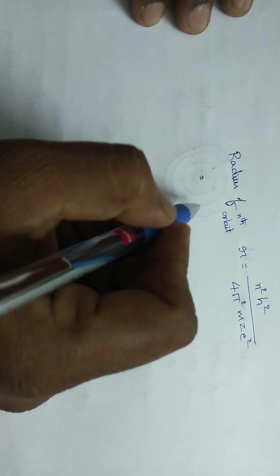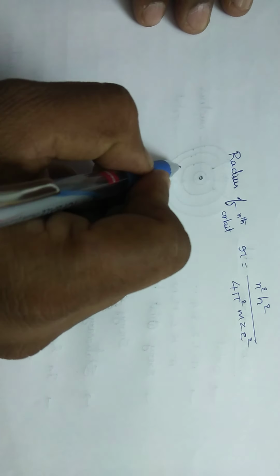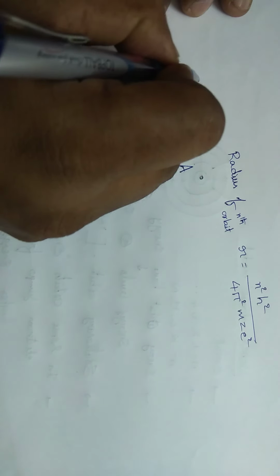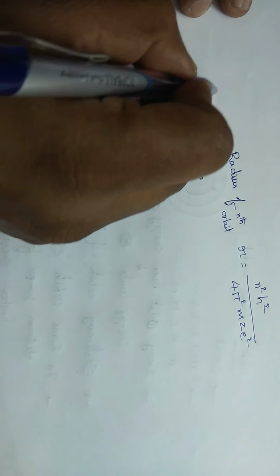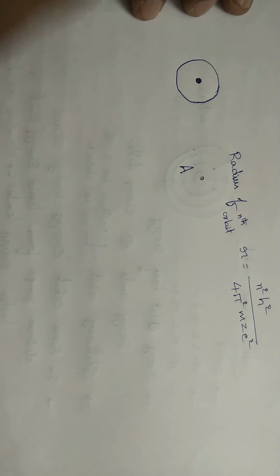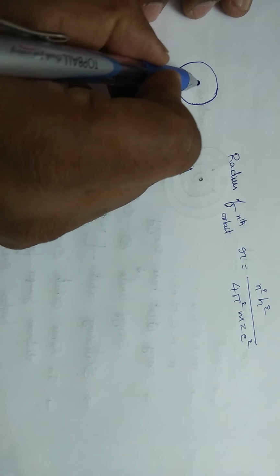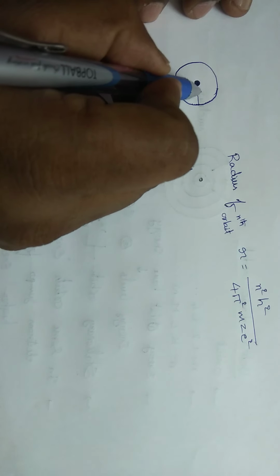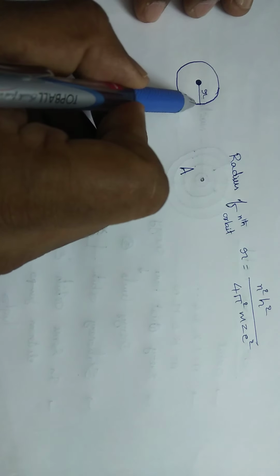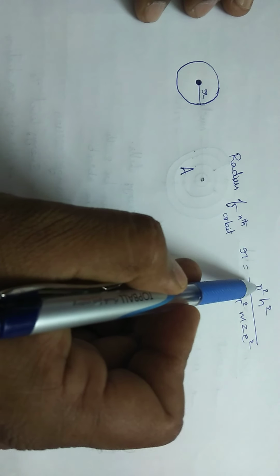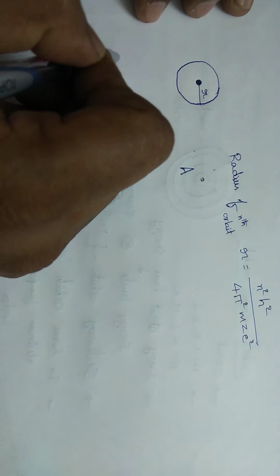Students, a very important point I am going to tell is that an electron is always revolving around the nucleus. Radius means what, you know very well. Suppose this is the center of the atom. The distance from the center of the nucleus to the outermost orbit is called the radius. For the radius of the nth orbit, if it is the first orbit, this is the first orbit radius. If it is the second orbit, n is equal to 2, second orbit radius. We can calculate very easily.